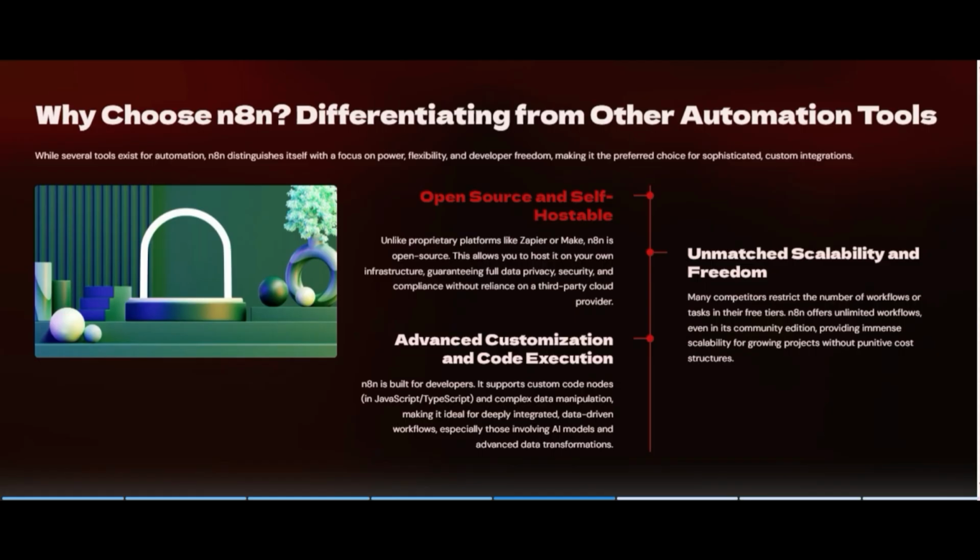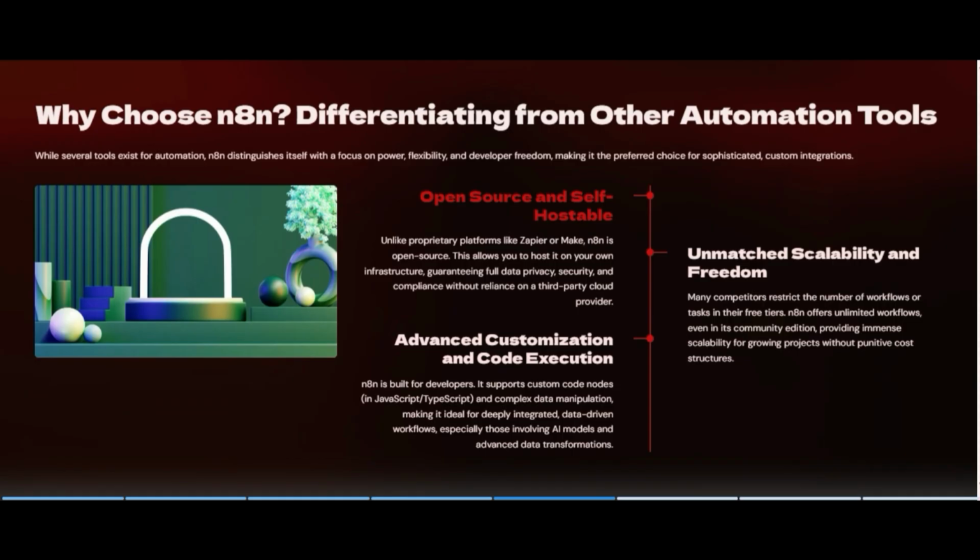First thing, it is open source and self-hostable, because you can host it on your system or any server you want. But you cannot self-host Zapier or Make, because they don't allow it.